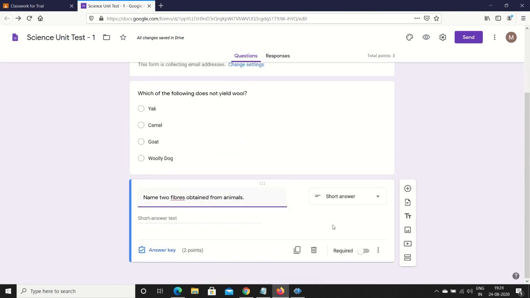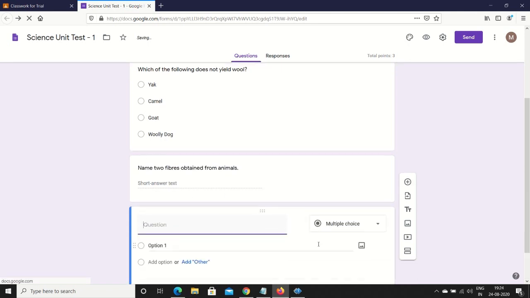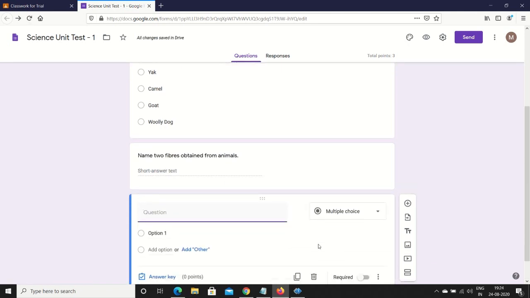Now as you can see, we have prepared 2 questions in this paper so far. The first question was for 1 point, the second question was for 2 points, and now you can see the total points allocated for the paper is 3. As you add more and more questions with 1 or 2 points like this, the total will keep adding up. Now for the third type of question, where the students are supposed to write a lengthy, longer answer, let's click the plus sign here. Let's suppose the question is: describe briefly how silk is produced.